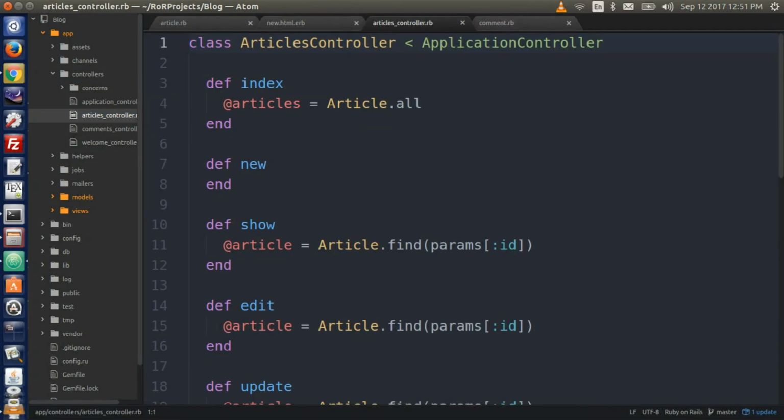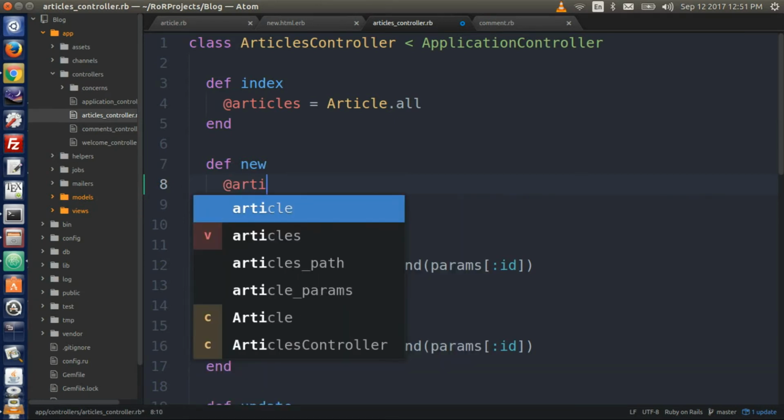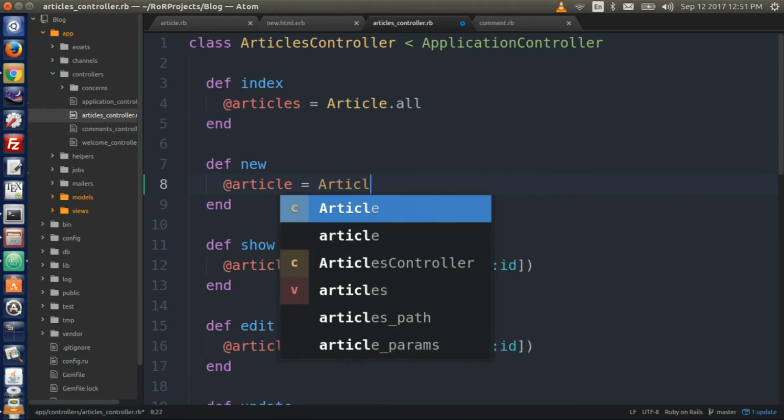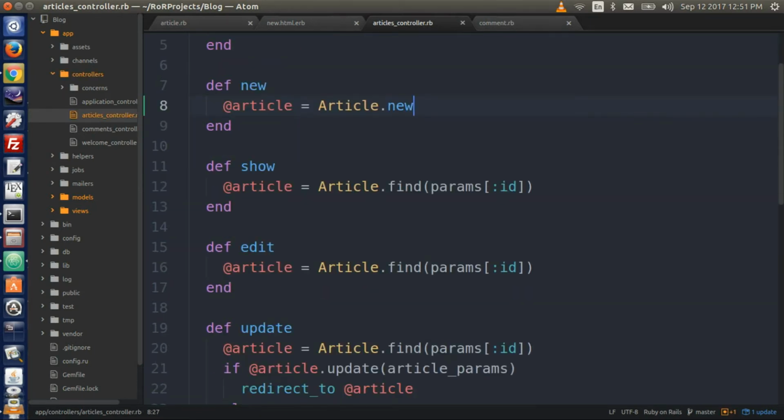Okay, there we go. Okay, so here is the new action. Okay, and there's nothing defined in here, but since it's being called upon now, we need to define the instance variable to be called on. So type @article equals Article with capital A dot new. Now scroll down to the create action,